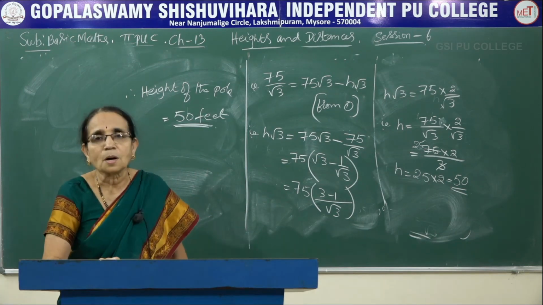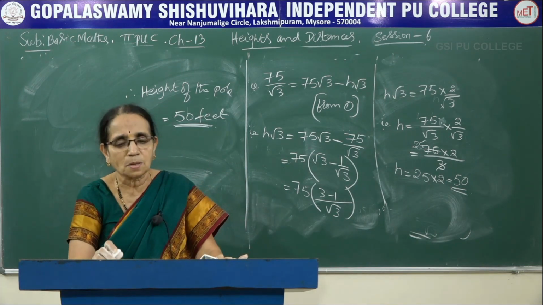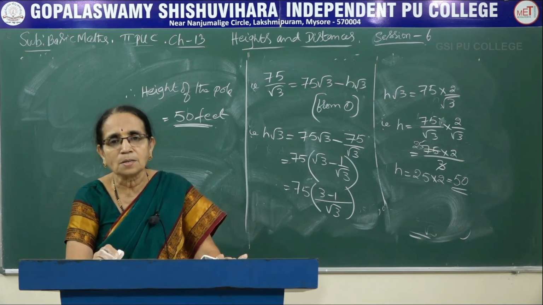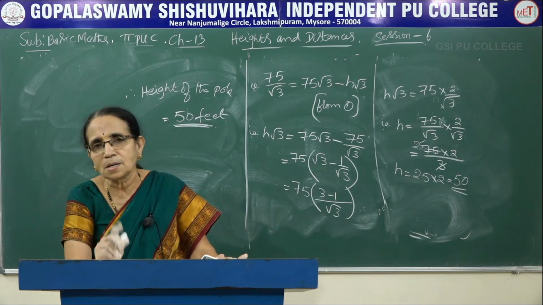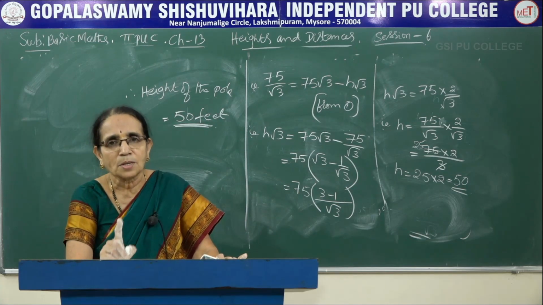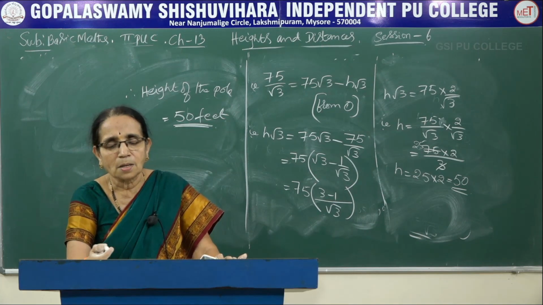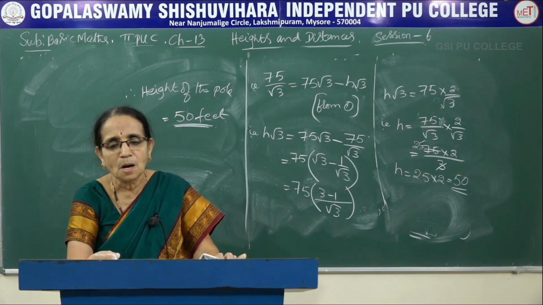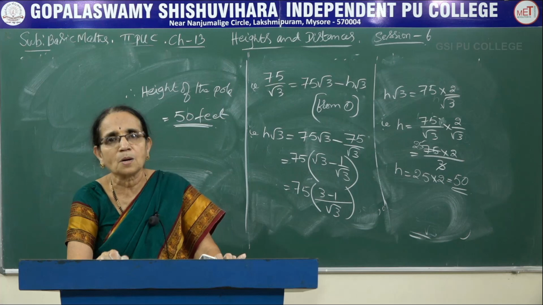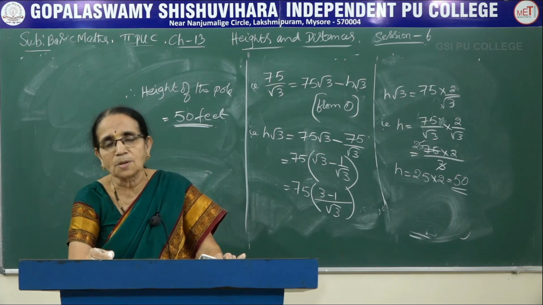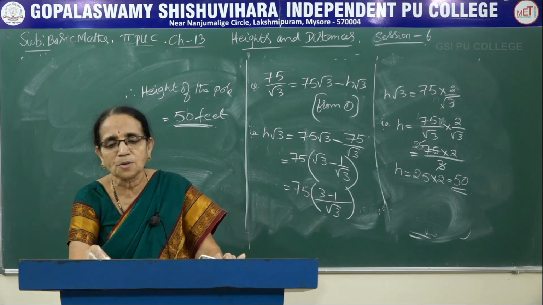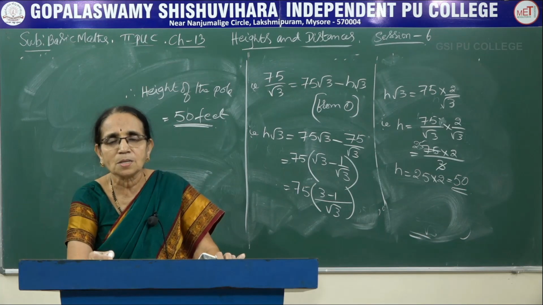Now, this completes all the problems on the chapter heights and distances. While giving the introduction, I had mentioned that in trigonometry there are two chapters. One chapter is about heights and distances. The second chapter would be on compound angles, multiple submultiple angles, transformation formula, etc. So this completes the first chapter of trigonometry. In the next session, I will be starting the next chapter of trigonometry, in which we will be considering all these angles which I mentioned just now. Thank you.